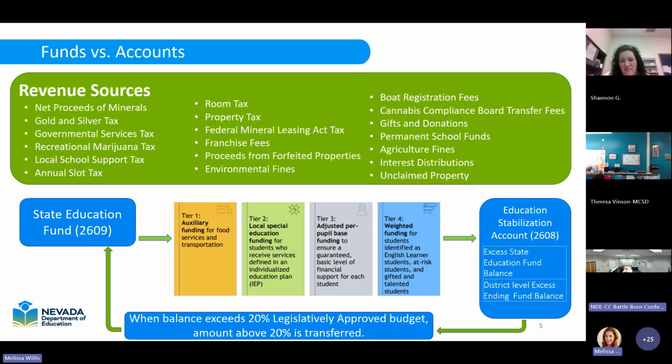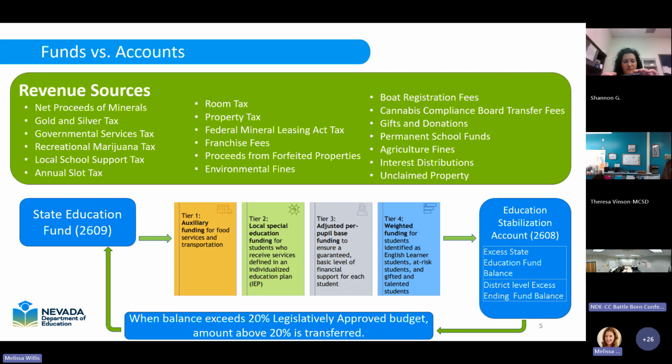Up at the top, we have our revenue sources. And I think the video talked a little bit about the different revenue streams that were brought together to fund the PCFP. Those revenues then go into the state education fund, Fund 2609. Sometimes you'll hear that referenced as well. And then they flow through the different tiers of the PCFP: tier 1, tier 2, tier 3, and tier 4. And this is how the amounts that you receive in your monthly payments are decided upon and then dispersed into